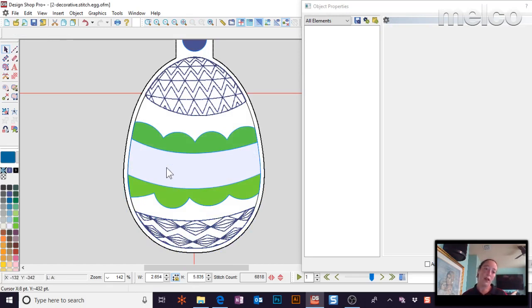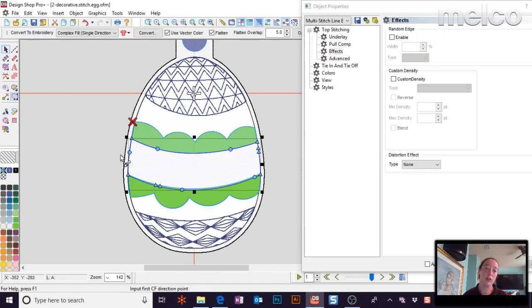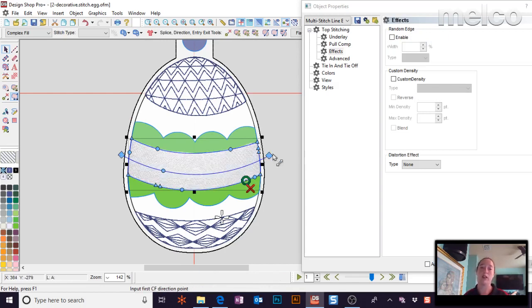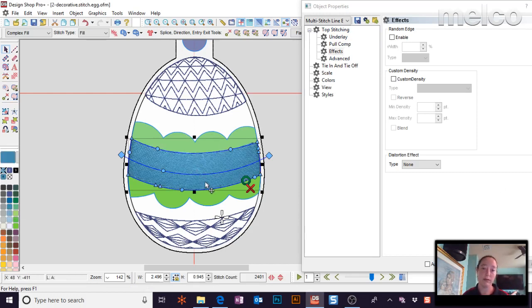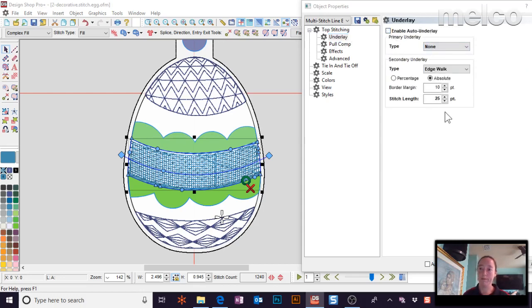Okay. All right, so another technique you have through here is, again, we can use those decoratives, or what about doing a trapunto type look through there? So again, I'm doing a curved stitch direction, and the reason I'm staying with these curved stitch directions is because it's an egg, it's rounded. Why not give it that dimensional look? So on this one, I added the curved stitch direction. I really don't want a solid fill through there. So instead of a solid fill, why don't we leave it as a fill, make the density something bigger, turn off my underlays,